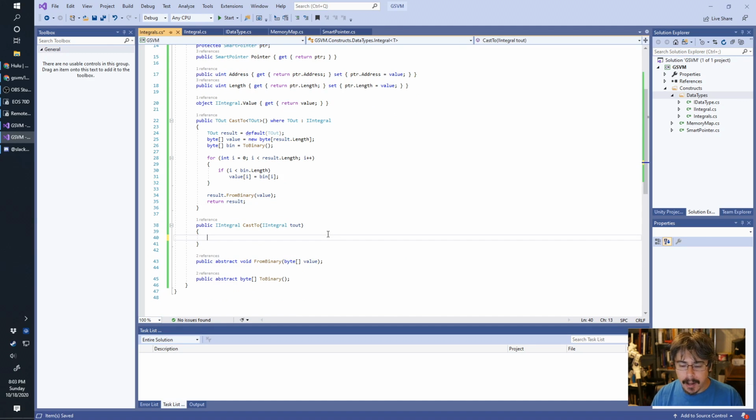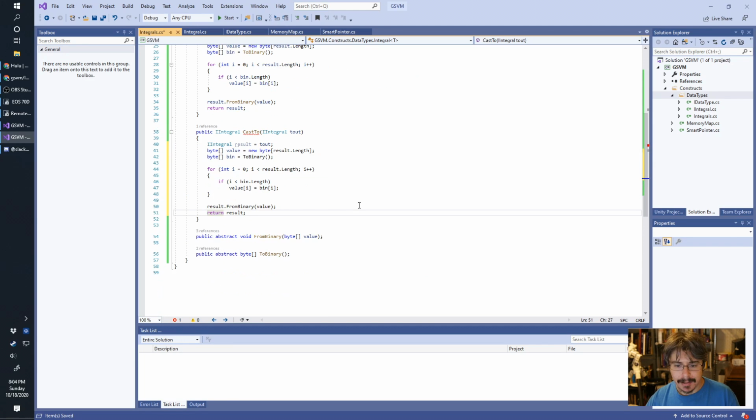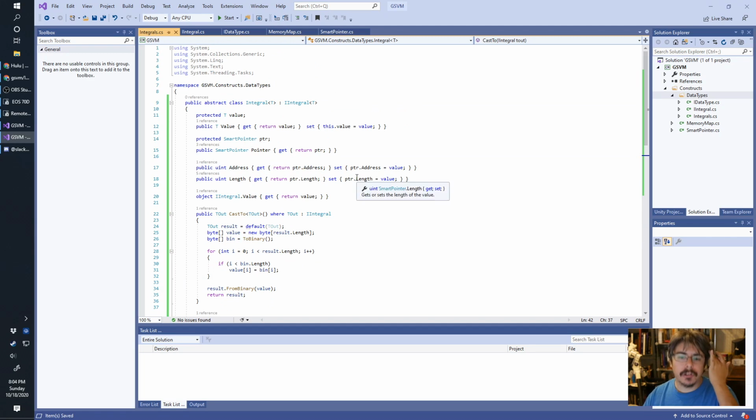Now for the other cast 2, where we have an I integral as our output, what we're going to do is we're going to have an I integral result equals T out. Then we're literally just going to copy and paste the rest of it. And that's it. We have finished our integral of type T